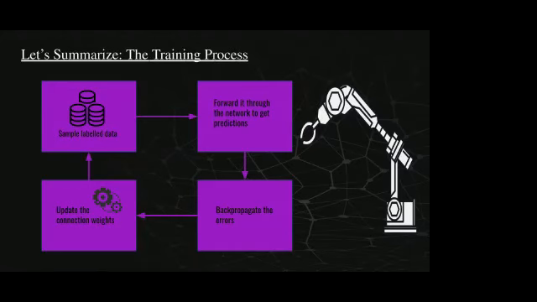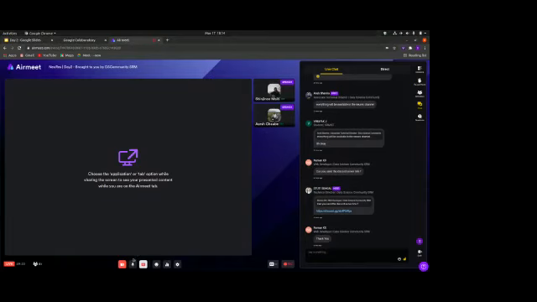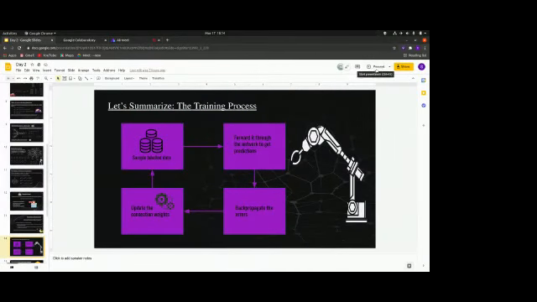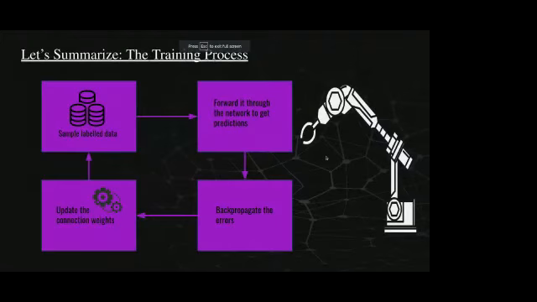Yeah, so thank you for that, Shinjini. Now that we've completed all the processes, I'd like to explain what the whole training process looks like. As you can see, we start with some kind of labeled data. It could also be unlabeled to some extent, and I'm not getting into that. The whole point here is that you compare the predictions of your model to the reference, which is your labels. So you start with the inputs and forward these inputs to get the prediction, the network being an artificial neural network.